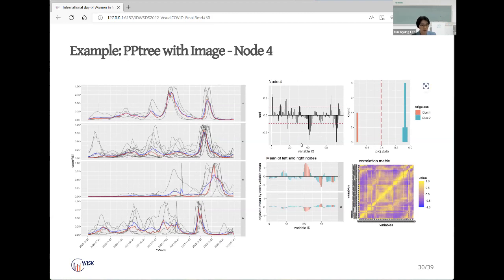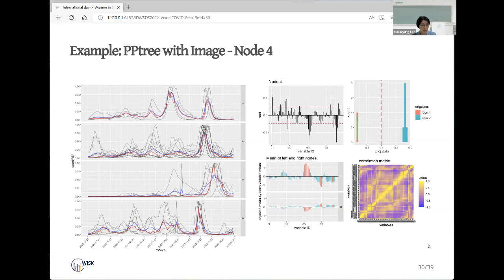According to the coefficient plot, summer 2021 and April 2022 show a negative effect, and May 2020, October 2020, and March 2022 show a positive effect. The left node shows cluster 1, this one, which has a high value in summer 2021 and lower in January 2022, and cluster 2 has a positive direction.